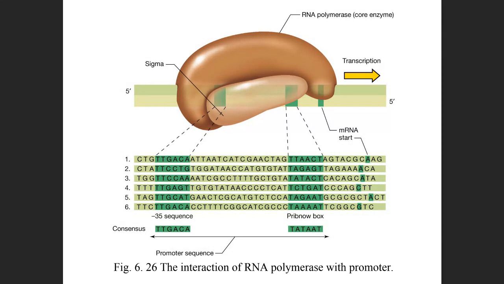Okay, so you see the sequence is the same. What's also very important is that the distance between them is the same. You see, the sequence is different, but the highlighted conserved sequence is the same,